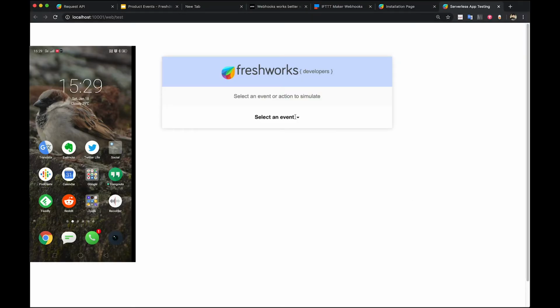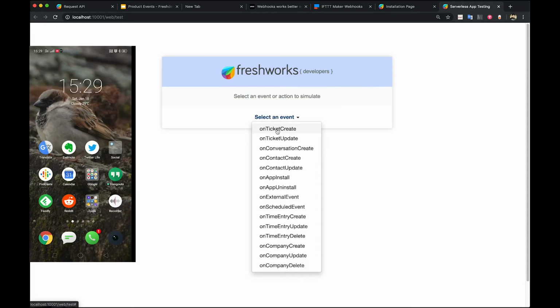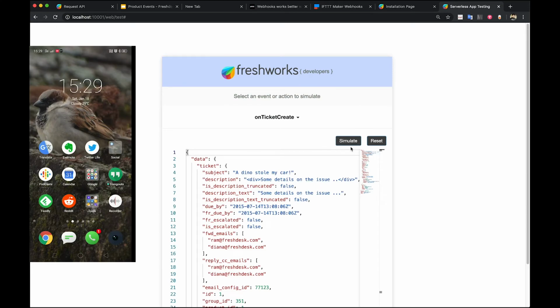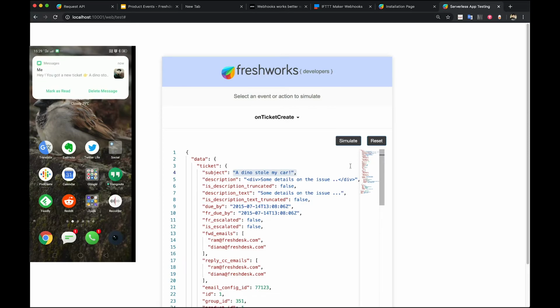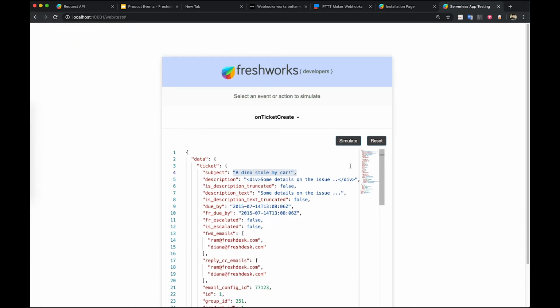And I'm going to make use of, now you'll be able to see my screen, phone screen parallelly. It has the same subject. Now I'm going to do a simulate, and this should trigger an SMS. And here we go, we have the SMS. So our app works. Now we need to get this